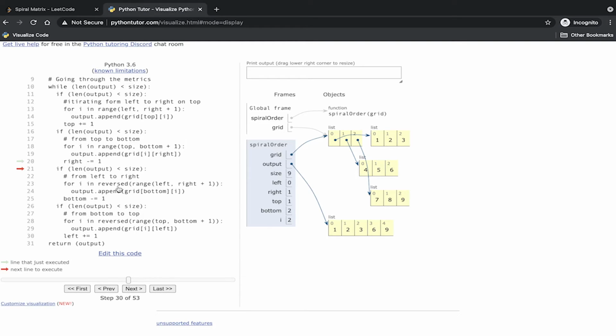Okay, so we go in here, we have it reversed, so that's where we're going from. It says left to right, but the reverse function flips it. So we're going to start appending those. So boom, we've appended 8 and 7. Okay, so we've gone around the matrix. So now we want to go from bottom to the top on the left side. Okay, and at the same time we're going to shrink our bottom. Okay, so we added 4,